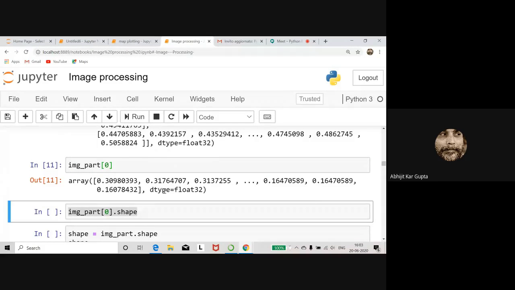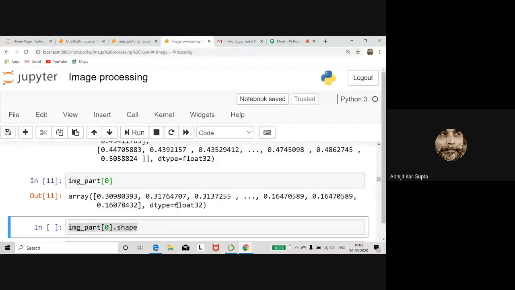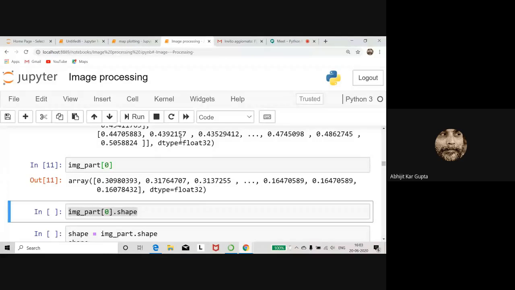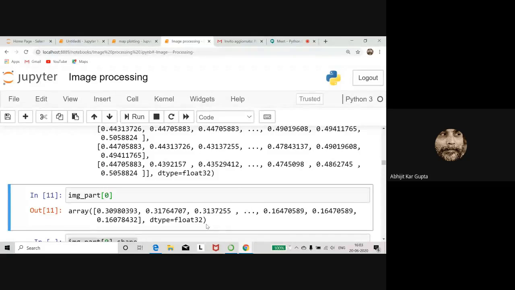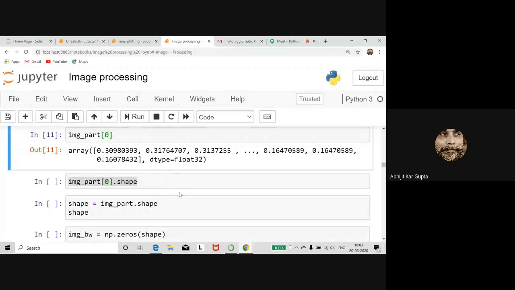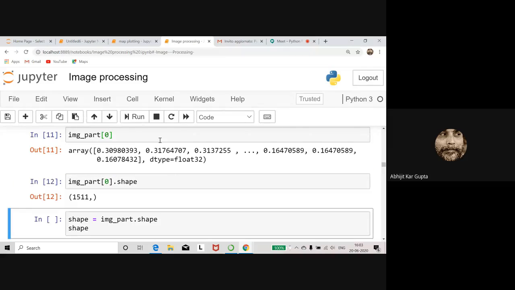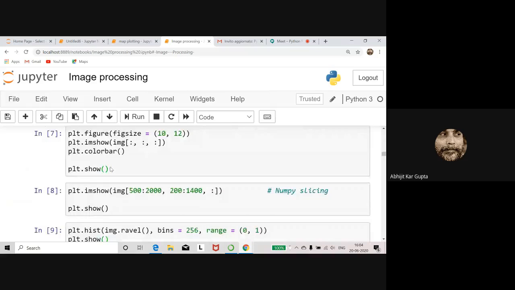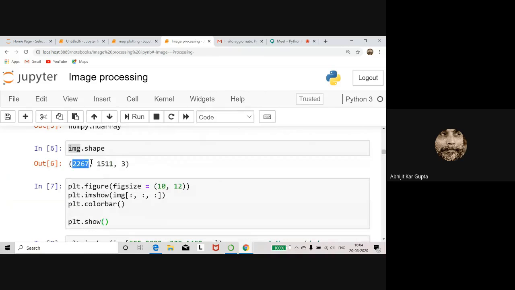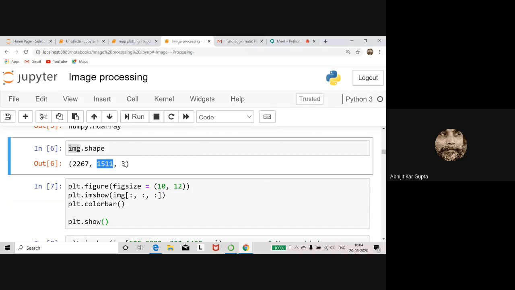This is a 1D array, and you see now the data type is float. Of course, it is float, not uint. This is float32, right? Now you take the shape of image_part. Of course, it is 1511 comma this tuple, because the original data was 2267 comma 1511 comma 3.